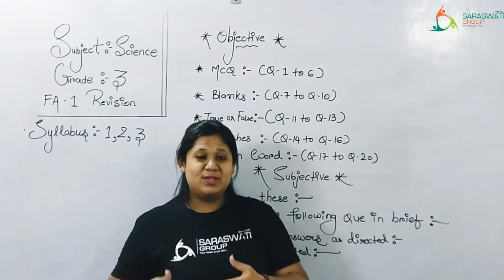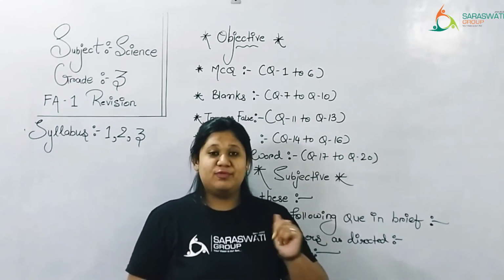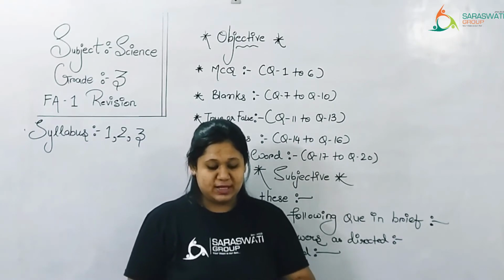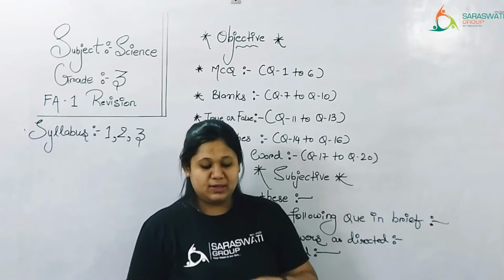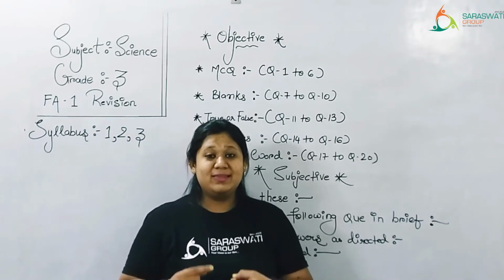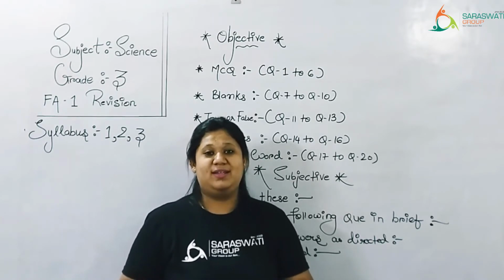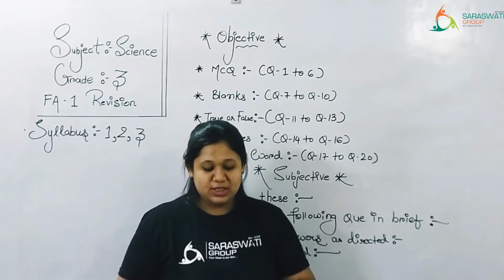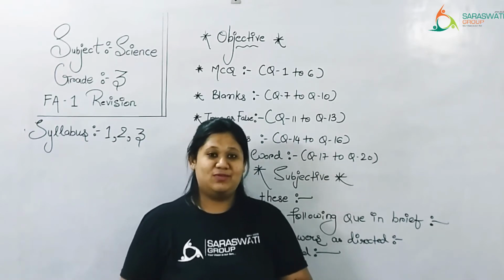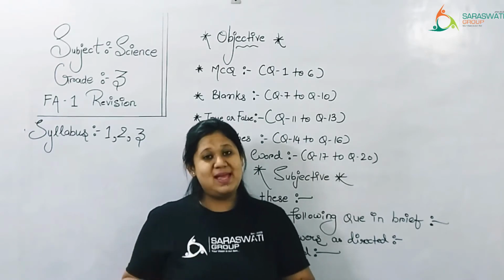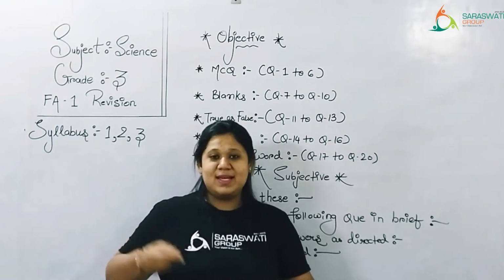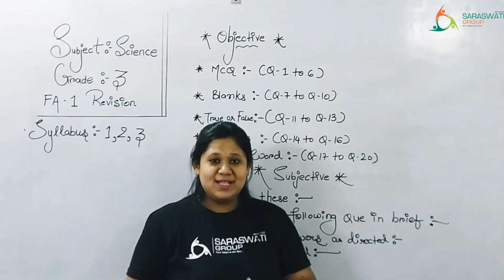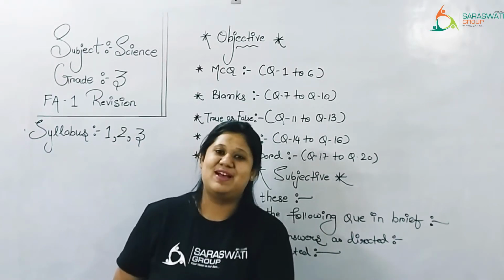Roots में से roots, right? Now, taproot. It has many small thin side roots that grow out from the thick main root. Taproot में एक thin root में से दूसरे roots grow होते रहते हैं, right? But in fibrous root, it has many thin bushy roots that grow from the base of the stem. मतलब वो directly stem की जो base होती है ना, उसमें से new roots और bushy मतलब बहुत ही घना root होता है, right? So this is the difference between taproot and fibrous root.